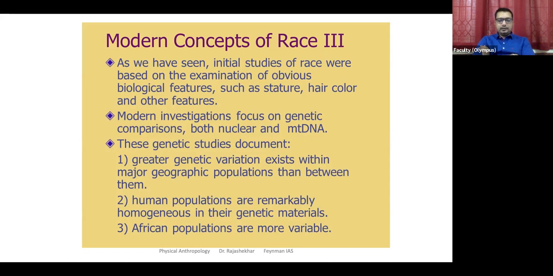So what I added here is that there are new ways to look into the concept of race. And as we dig more into these details, it is becoming clear that we don't have too many differences among us, no matter where we live. And those few differences that we have are to support our survival. So that is a biological basis to this. And I was telling you race has taken different meanings over a period of time, starting with the species to specific populations, and even sometimes confused with ethnic groups.